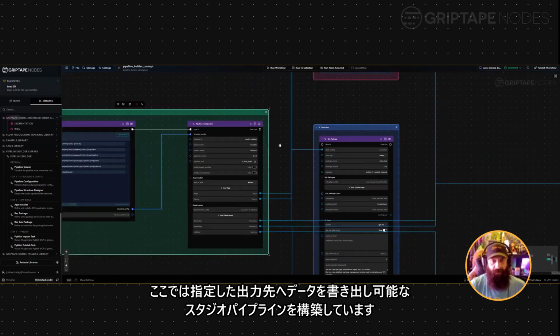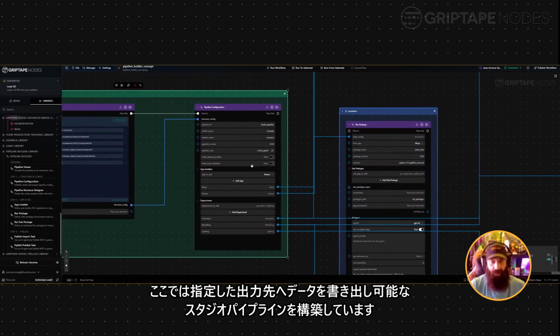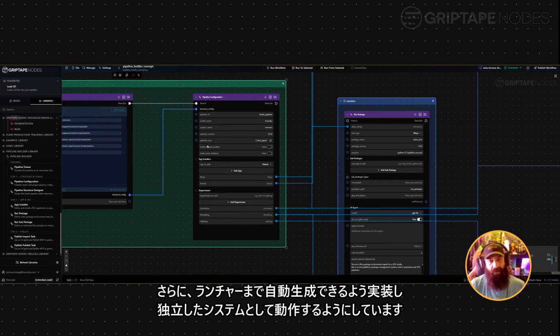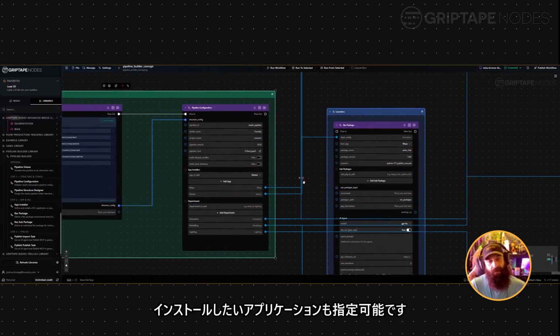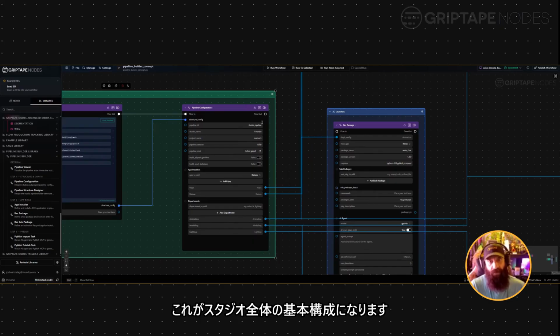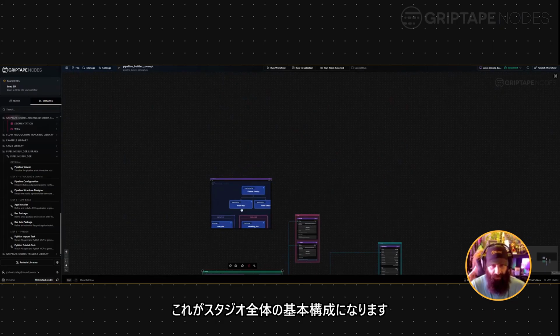So you can see I've created a studio pipeline here. We're going to output to a certain location. I am going to build into this pieces where it can actually even build a launcher for you. So it could be a completely standalone system. And you can see I've got a few applications that I want to install. They have their own separate nodes that break away from this. So you can just add whatever app you want. But this really defines the overall studio structure, which you can see up in here in this